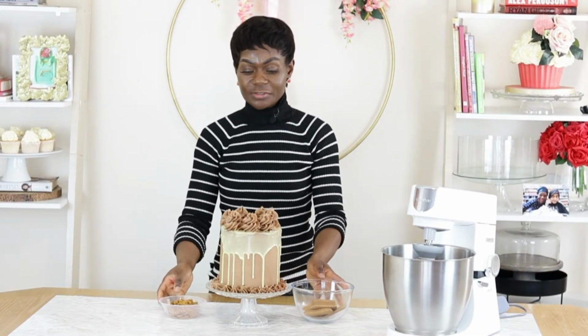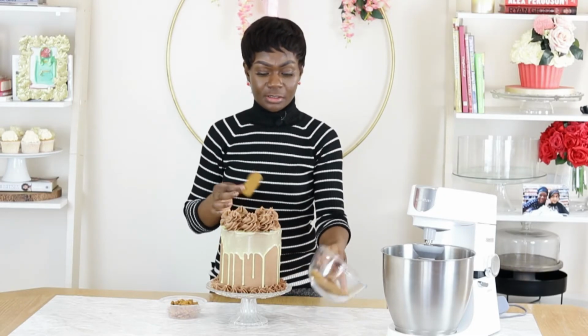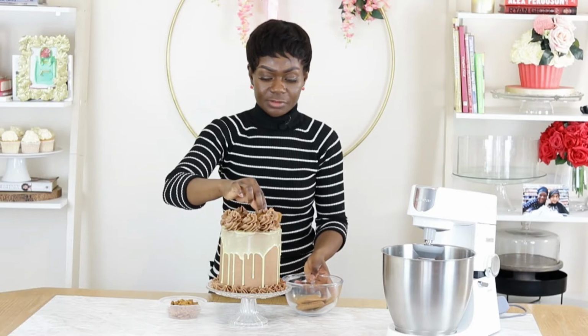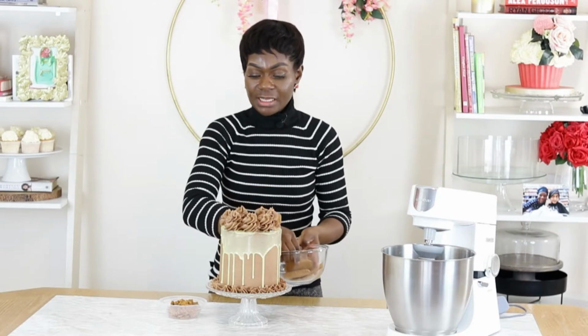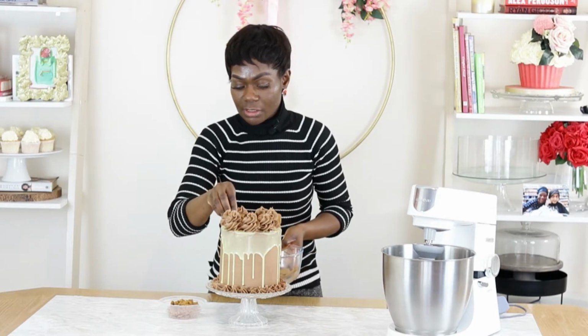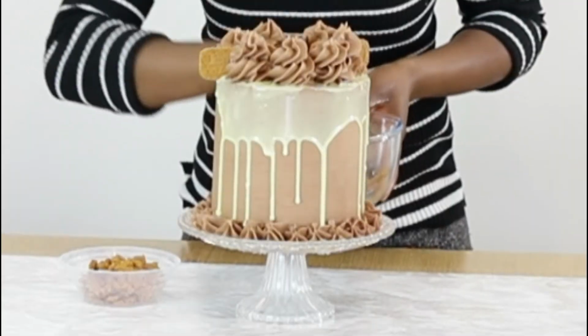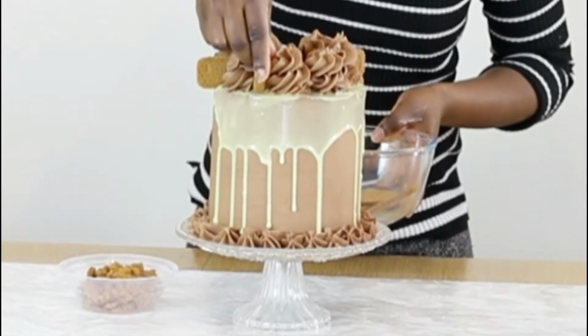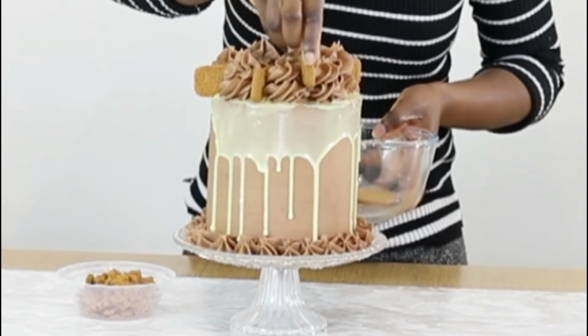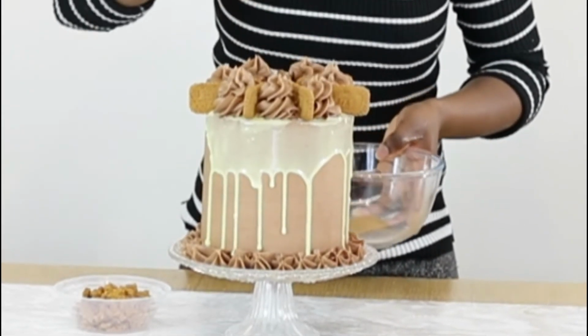The final part of this decoration is to add our Biscoff biscuits. Over here I have just a few selection of Biscoff biscuits that I am going to slide in between the swirls of chocolate ganache. It doesn't have to be perfect because this is essentially a cake that is,